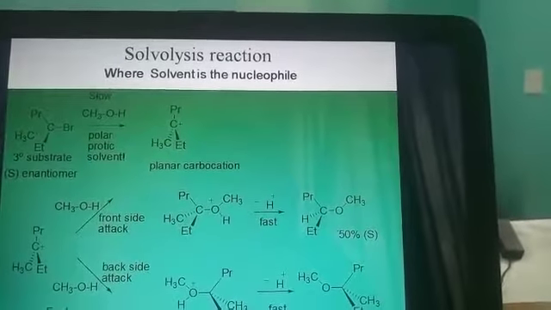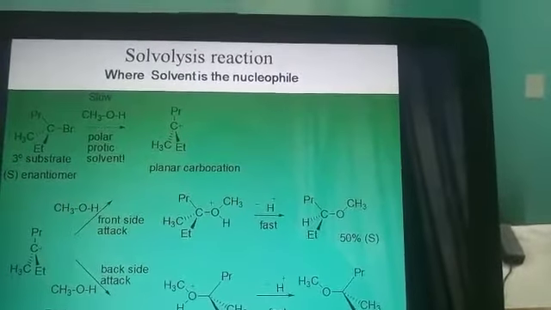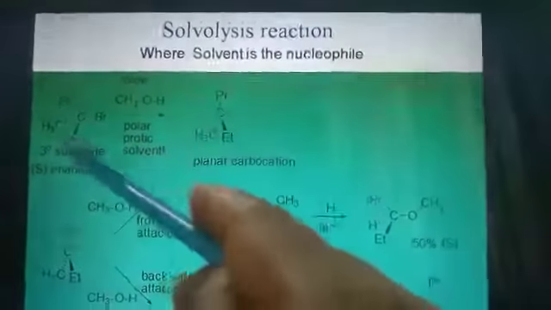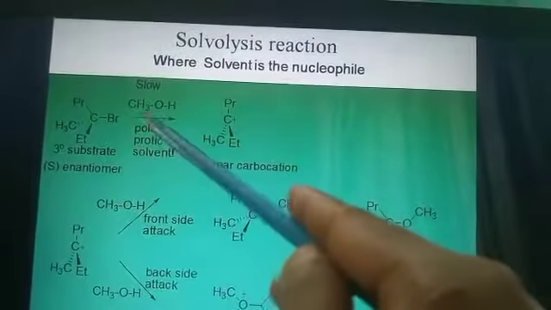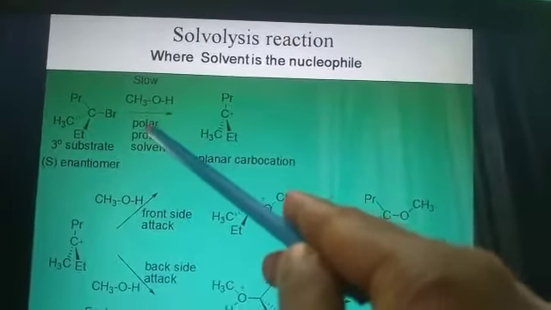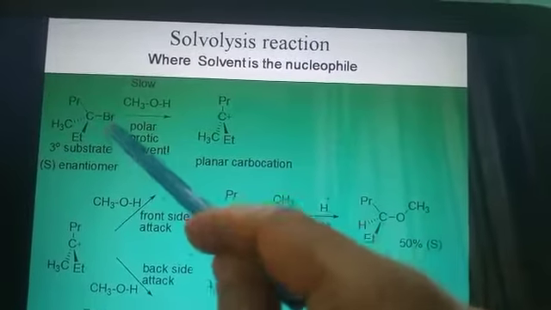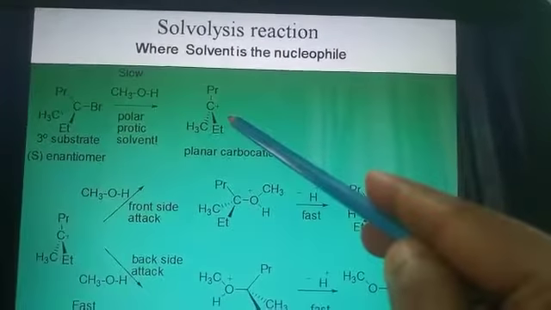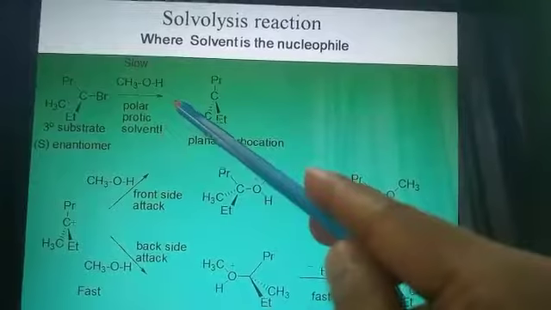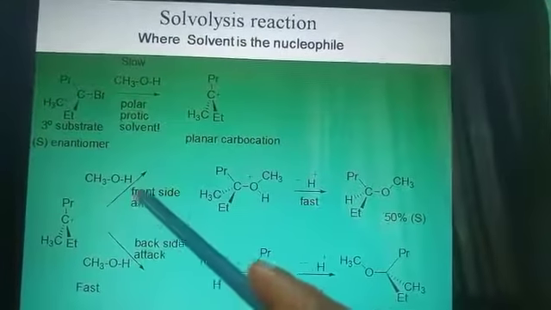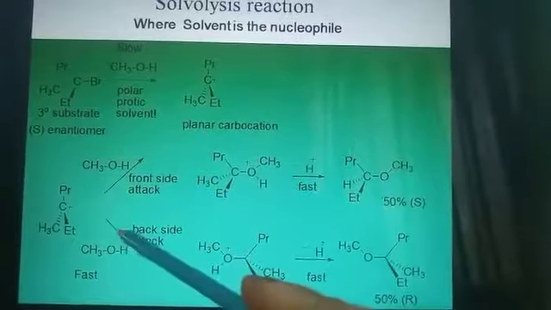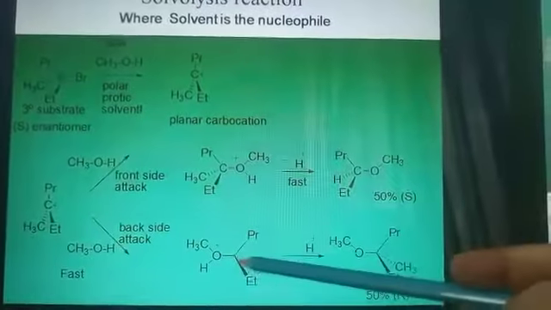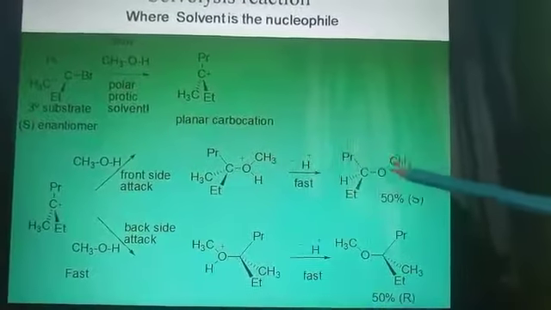What is a solvolysis reaction? It is where the solvent itself is the nucleophile. If we consider this substrate and treat it with methanol, it is also a polar protic solvent. First of all, the C-Br bond is broken and we will get a planar carbocation which is stabilized by the solvent itself. Now the solvent can attack from the front side and also from the back side. It's a fast reaction and we will get this carbocationic product, and after removal of a proton we will get this type of compound